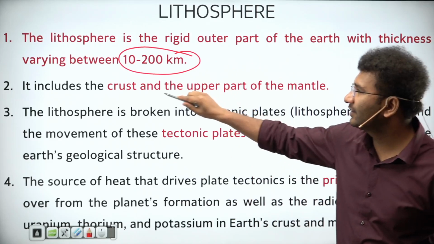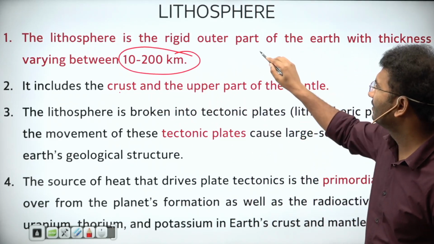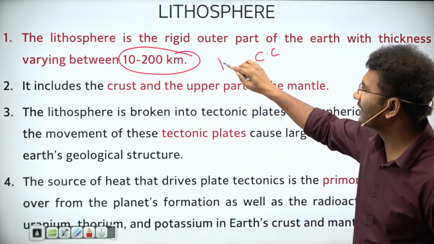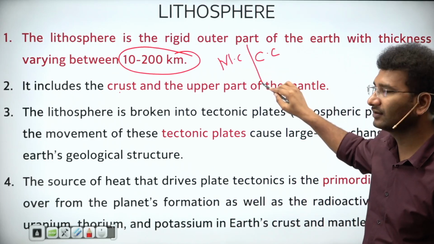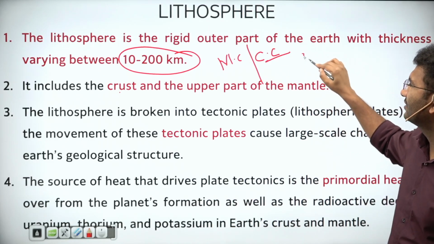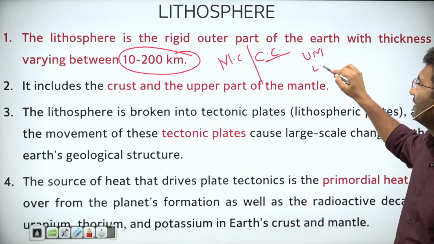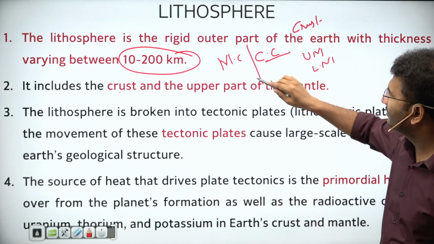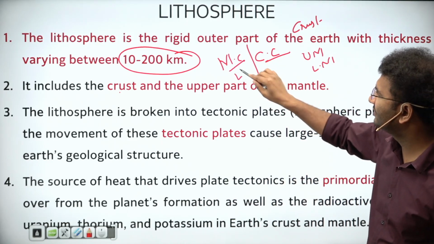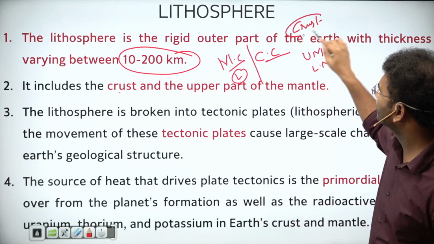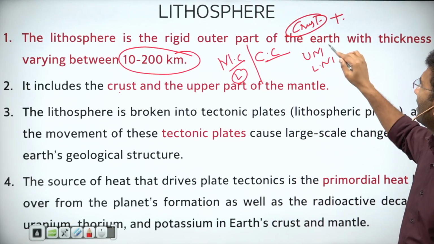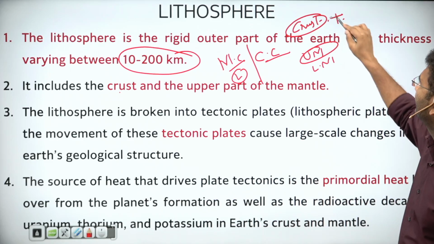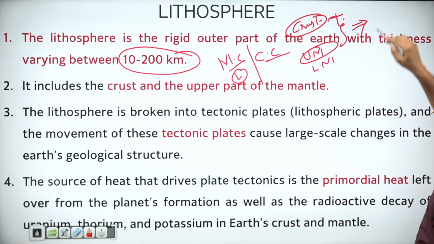Now, this lithosphere includes, when I am comparing the chemical composition with that of the mechanical composition of the interior of the earth, your chemical composition has upper mantle, lower mantle, above this you have crust, right? Here you have lithosphere. This lithosphere consists of crust plus upper part of the upper mantle. These two together you will call as lithosphere,